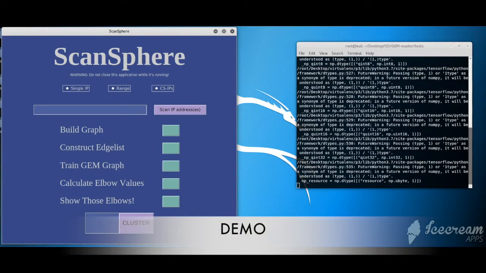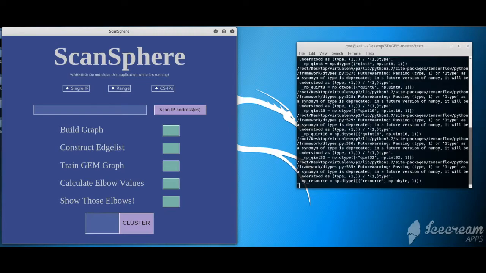Our program can be run using a simple GUI initialized from the command line. This layout emphasizes the modular design of the project and allows for more precise user control and troubleshooting. For this demo, we can simply run from the top to bottom of this interface to see all of the